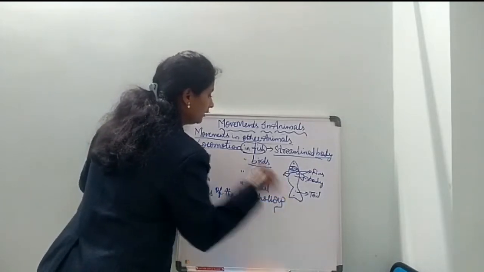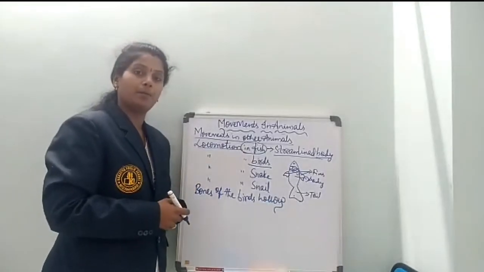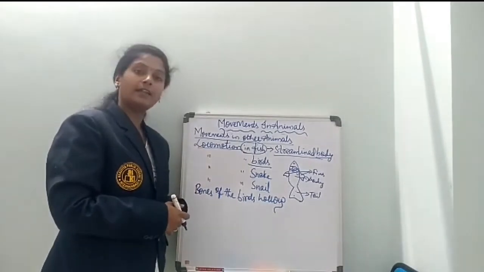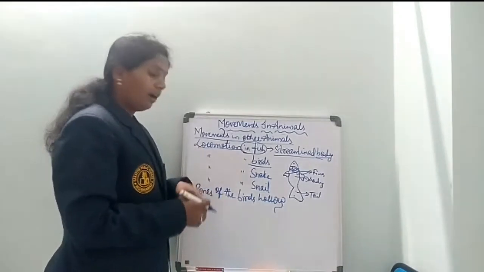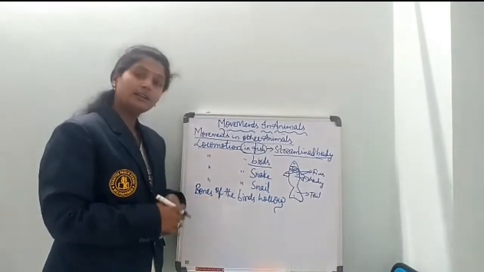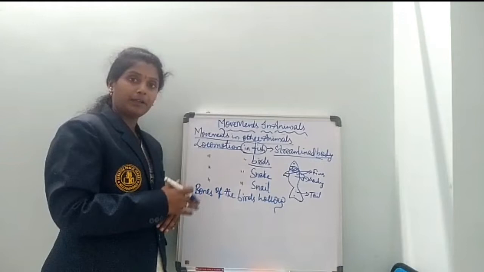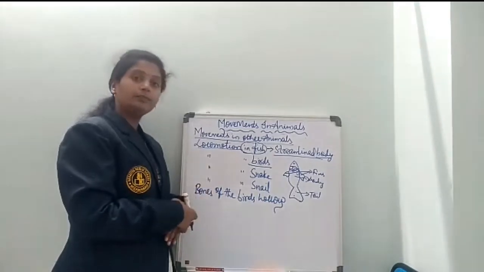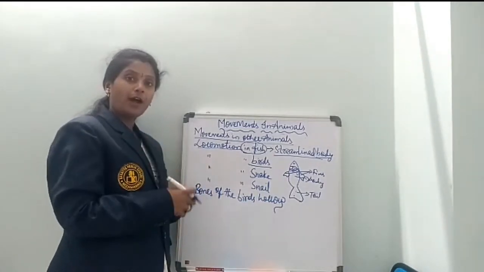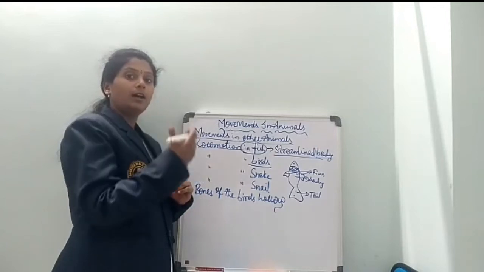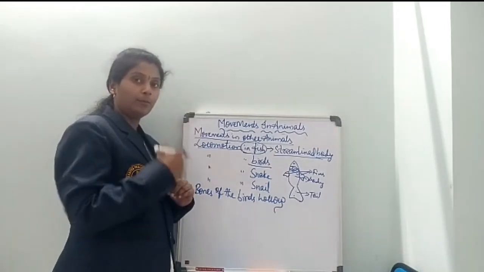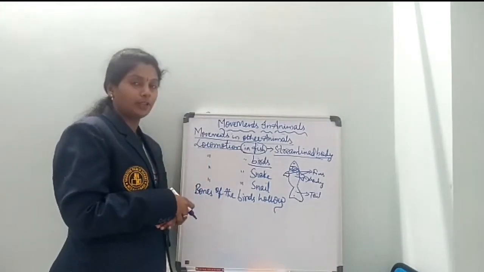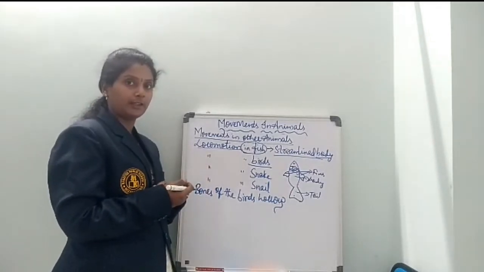That means air is present in the bones, which makes the body of the birds lightweight, and they can easily fly in the sky. The hind limbs of the birds are very weak, so they are unable to walk much, but they can perch. The forelimbs of the birds are modified to form muscles which help in the flying movement of the wings. In this way they fly in the sky. Observe a number of birds, how they are flying. Do all of them show the same similarities or not?